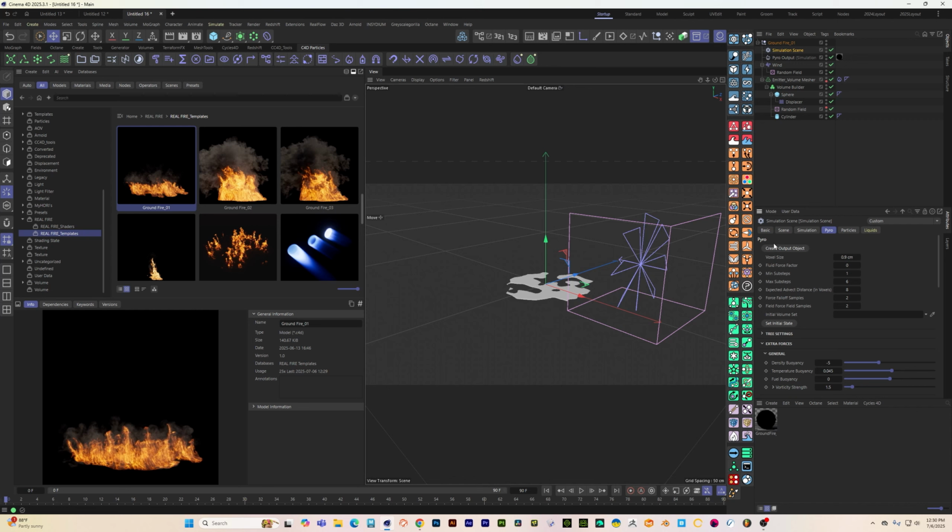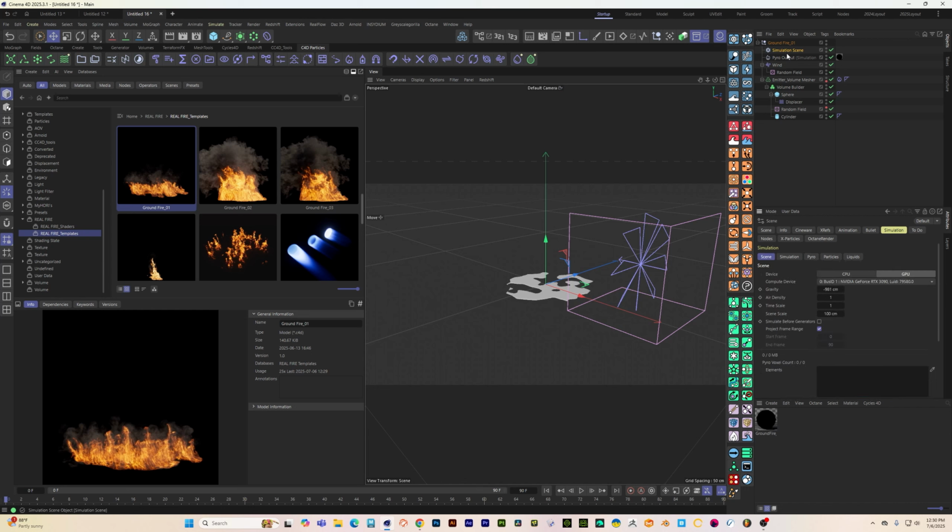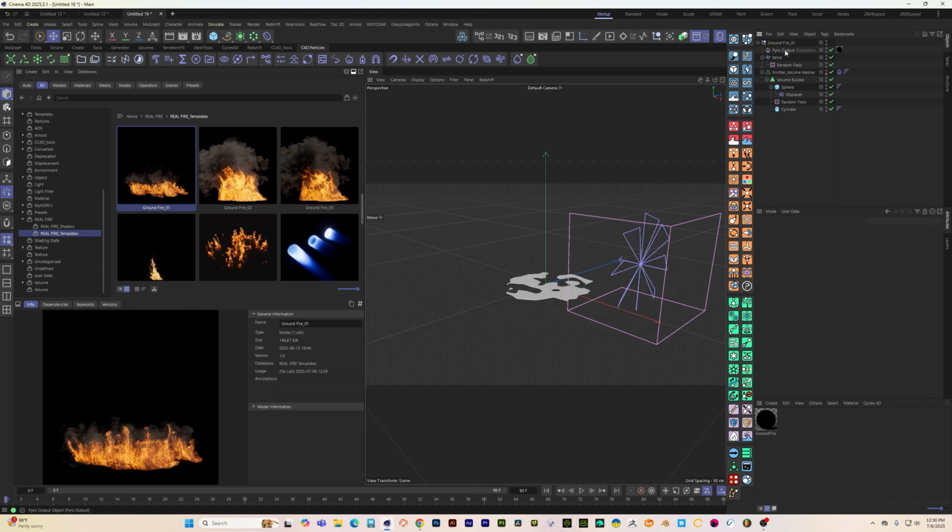Let's just take this one setting, because I'm not going to do that whole thing. Press Control D, go in here to Pyro, Control V, and let's just pretend like I added all the settings. So then all I need to do is go in here and delete this simulation scene,